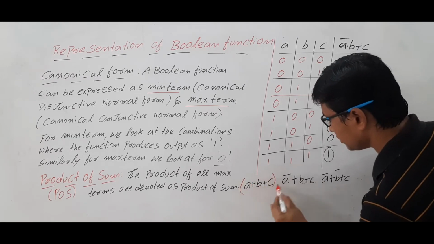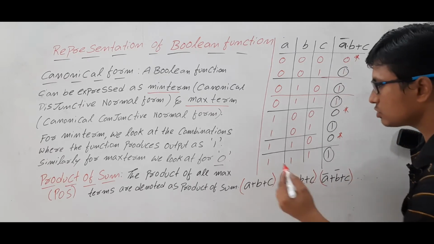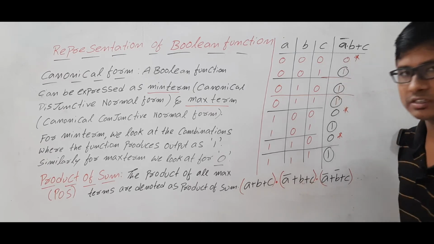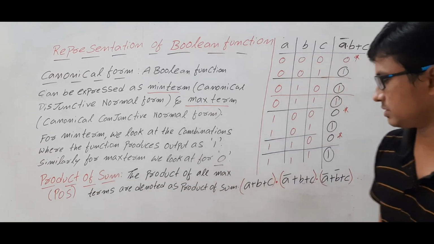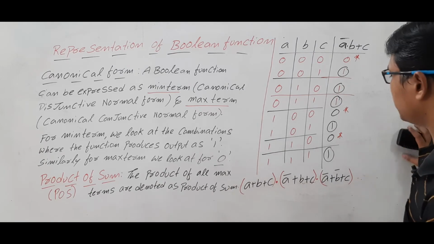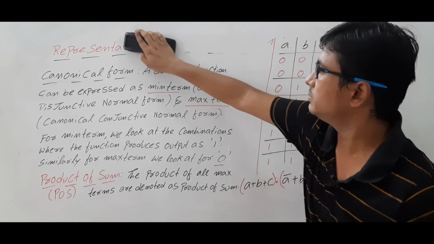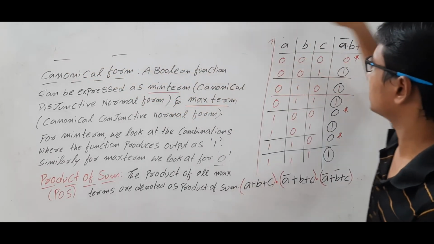This is the max term we got, this is the max term we got, and this is the max term we got. So if I take the product of all the max terms, product means AND operation, if I perform it between them, I will get the product of sums. Is it clear? I hope you have understood. Or in a shortcut, how to write the product of sums for this one is